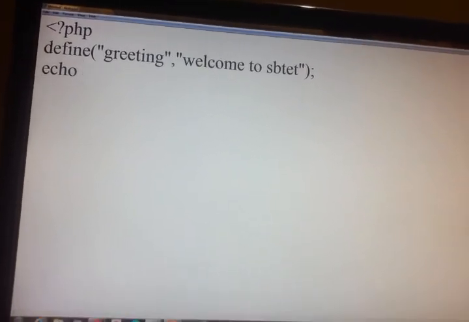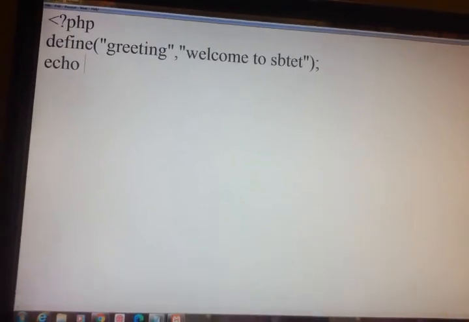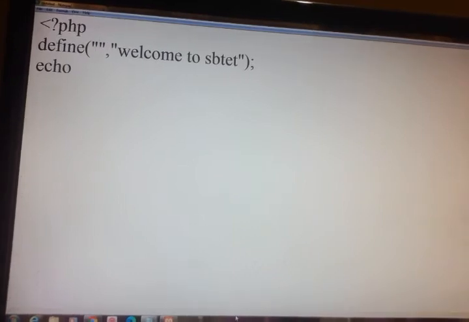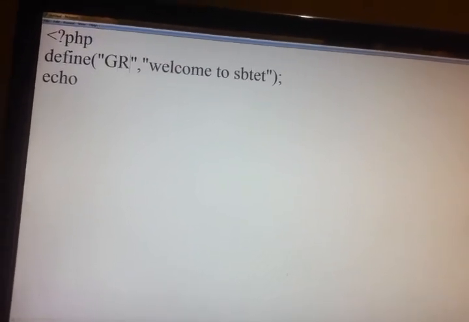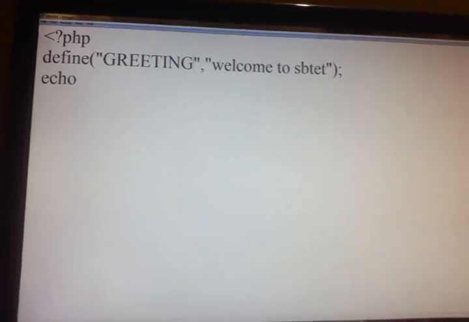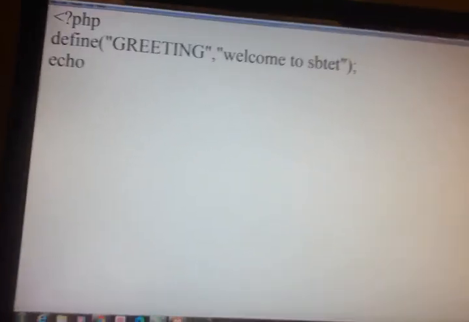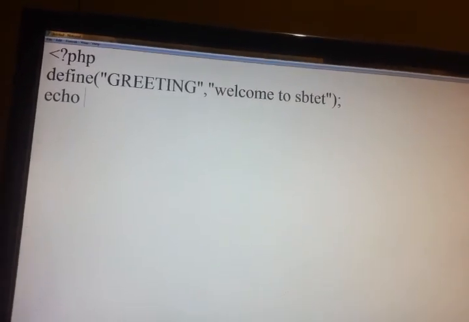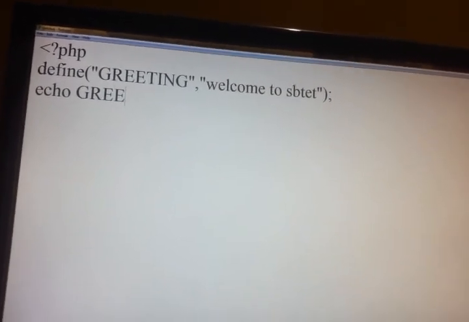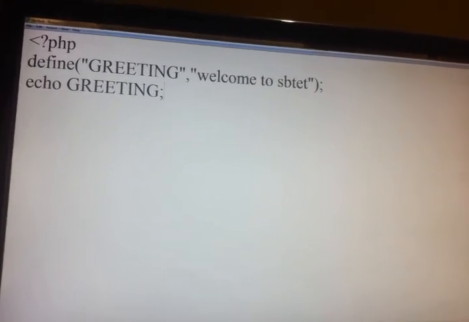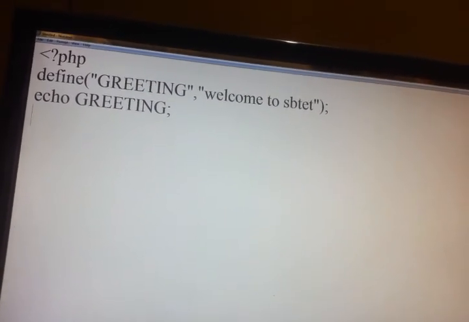Echo. Here constant name should be given in uppercase, so used uppercase here. Echo greeting semicolon, or we can use